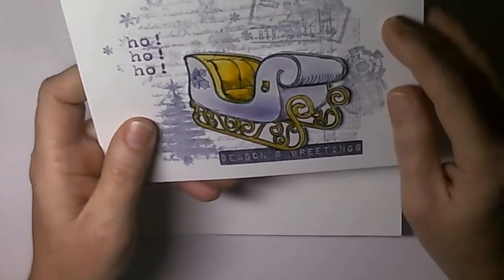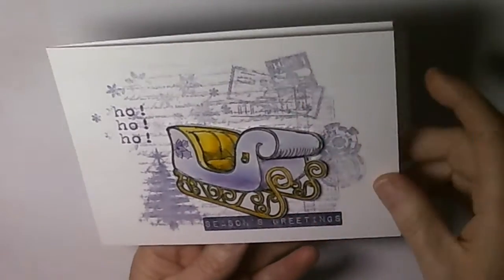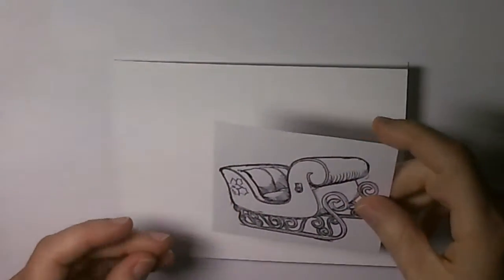So that's the card I'm going to make now. I've got my base card here, and I have a side fold one because it fitted quite nicely with the sleigh rather than doing it top fold. Okay, right, here we go. Let's get the stamps out. So I've got my sleigh already stamped